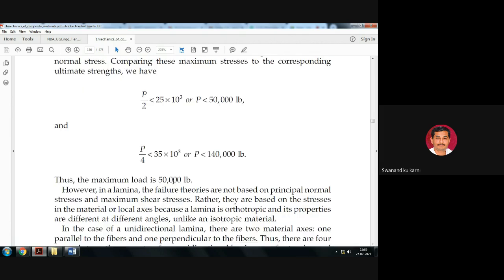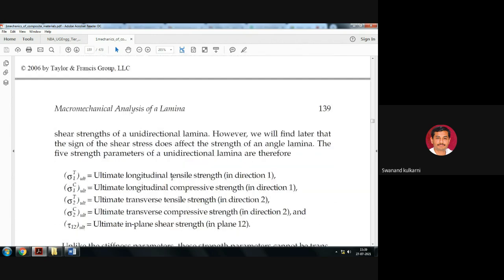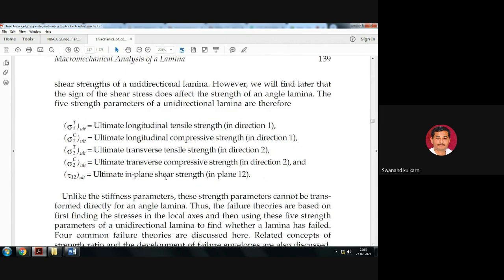And that's why the maximum load is 50,000 pound. So this is the way through which we have analyzed this particular problem by maximum stress theory. The notations which are usually used in case of these failure theories: sigma refers to the stress, then